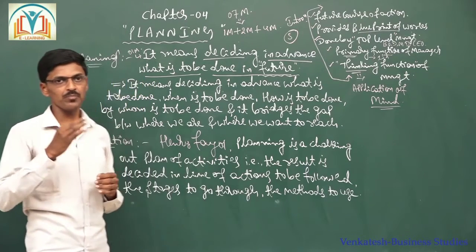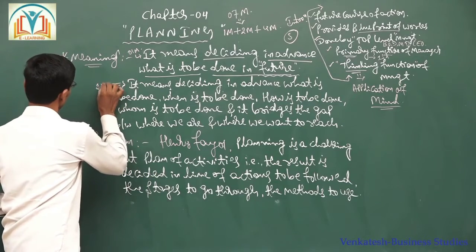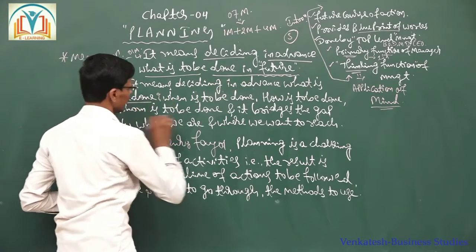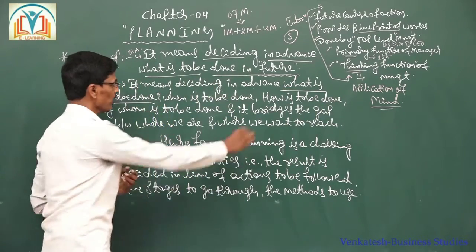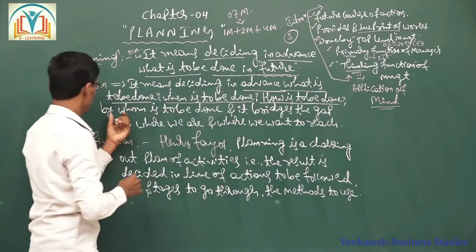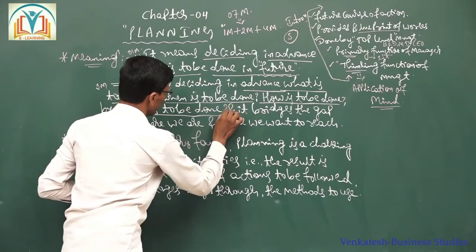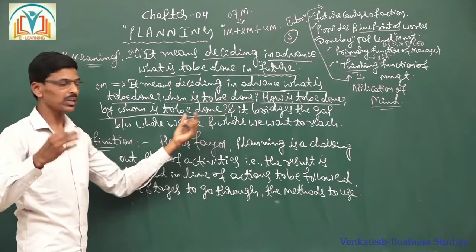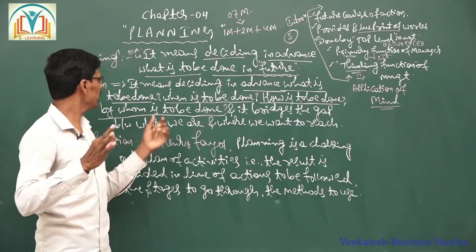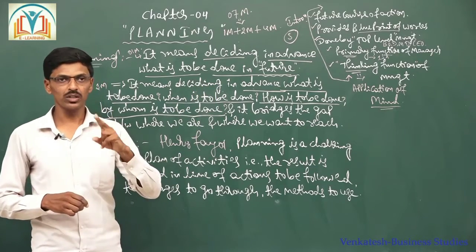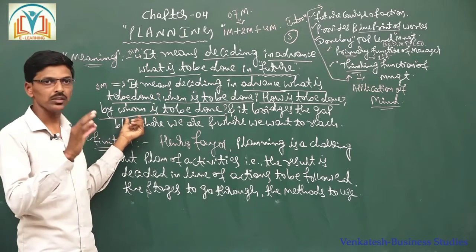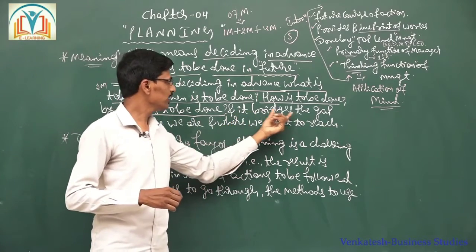In other words, if it asks for 2 marks, planning means deciding in advance what is to be done, when it is to be done, how it is to be done, by whom it is to be done, and it bridges the gap between where we are and where we want to reach. That is, planning is deciding in advance what is to be done, when, how, by whom, as well as it bridges the gap between